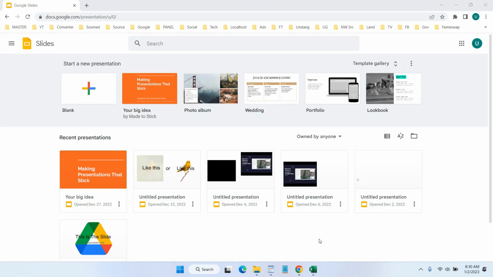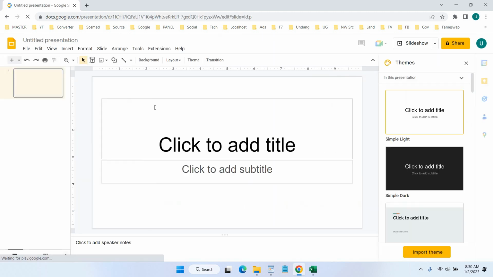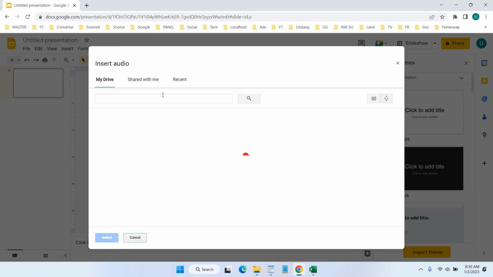In this video, we will show you how to record audio on Google Slides. First, let's create blank slides. And in Google Slides, there is no option or menu to directly record the audio, so we need to